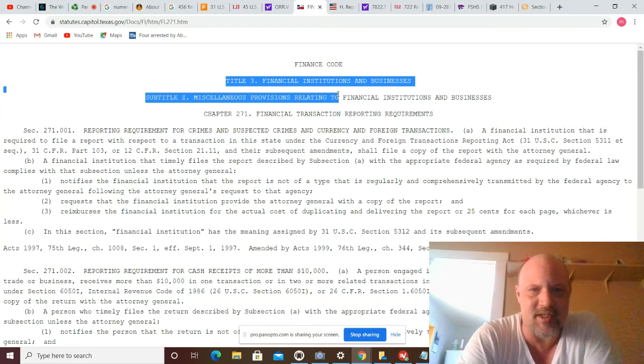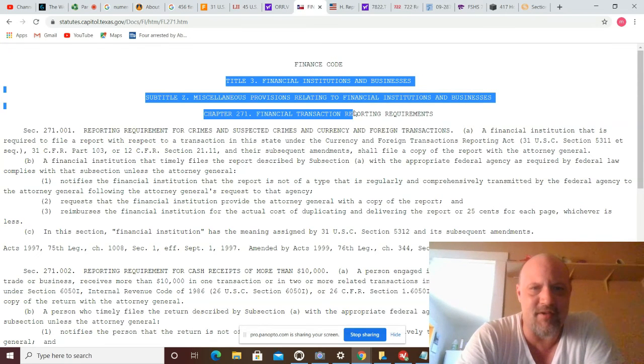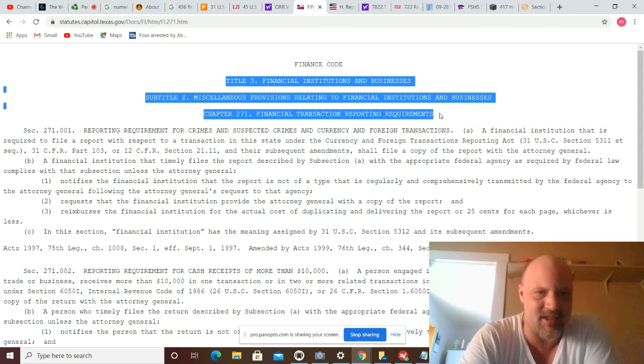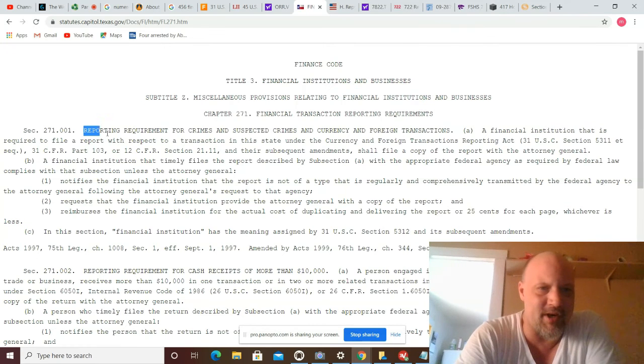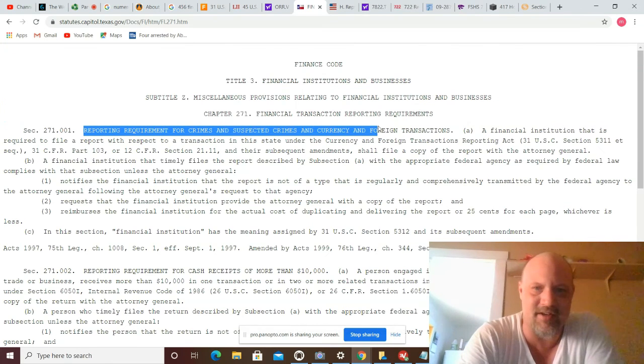Subtitle 2, miscellaneous provisions relating to financial institutions and businesses. Chapter 271, financial transaction reporting requirements. And it looks like this deals with, here's section 271, reporting requirement for crimes and suspected crimes in currency and foreign transactions.